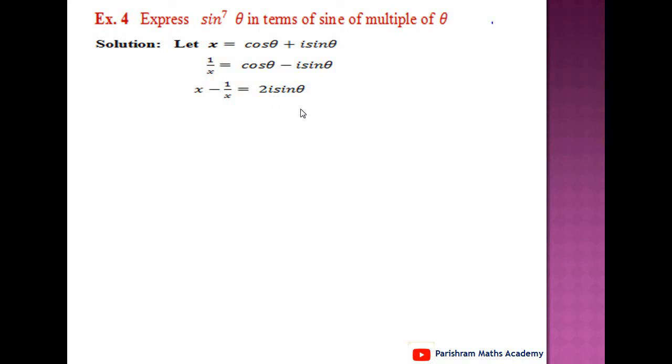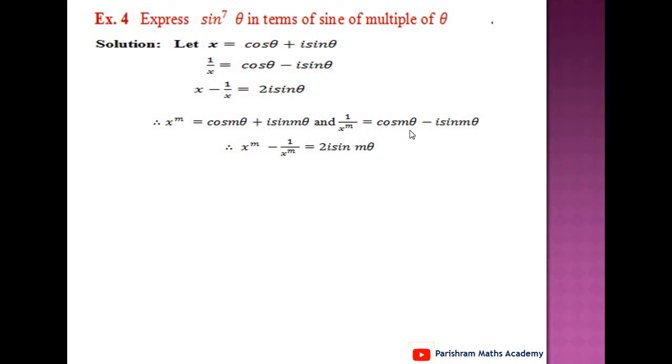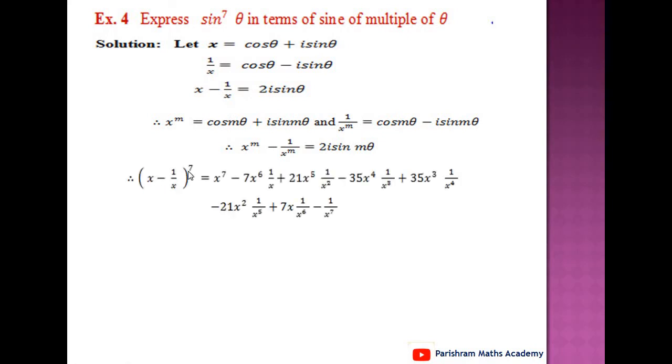sin theta. Similarly, x raised to m is cos m theta plus i sin m theta, and 1 upon x raised to m is cos m theta minus i sin m theta. Taking their subtraction, we get 2i sin m theta. To find the expansion of sine raised to m, we take x minus 1 upon x. Therefore, (x minus 1 upon x) raised to 7 equals